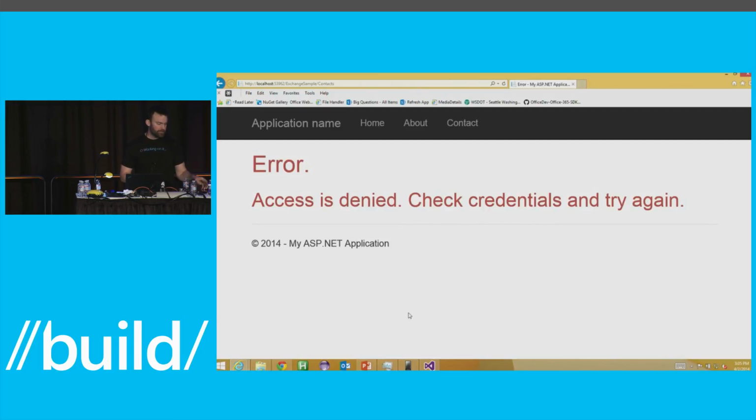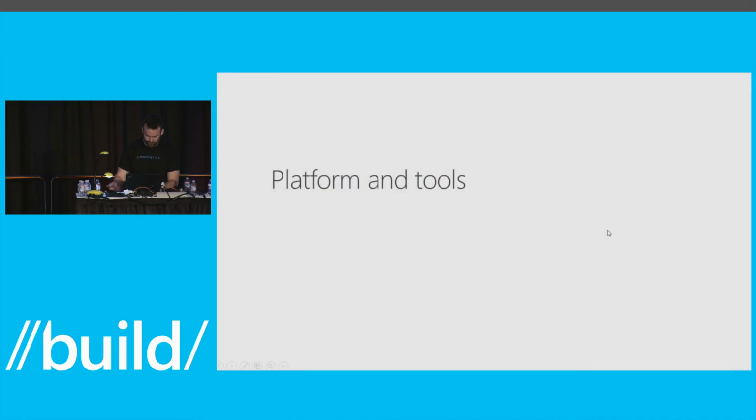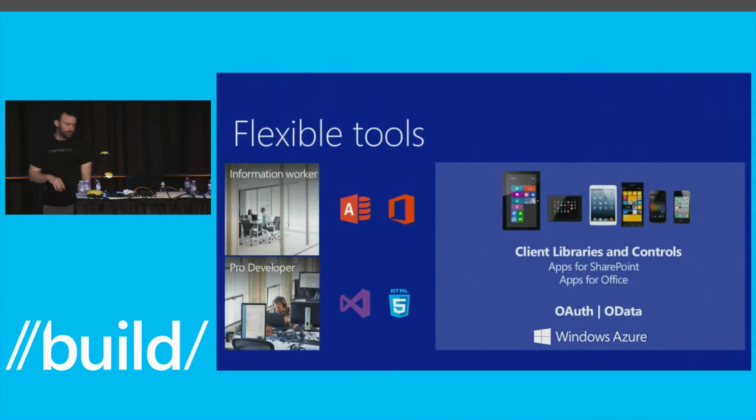The experience of building this thing in Eclipse, I don't know, it wasn't terrible, but man, it's just so much easier using Visual Studio. Just a much better experience, I'll put it that way. So let me get back to my presentation. So, a bunch of great flexible tools the VS guys are building.